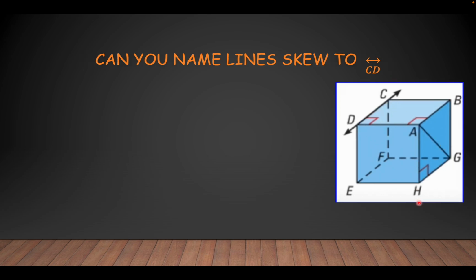In order to be skew, it is a line that is not parallel, but it also won't intersect. It means that it cannot be in the same plane. So if we're looking for a line that is skewed to line CD, we're looking for a plane that isn't in the same realm as line CD, in which line AH comes to mind as a line that is skewed to line CD. In this plane, we also have line AG and line BG, which would also be skewed